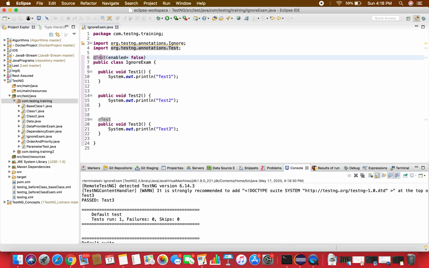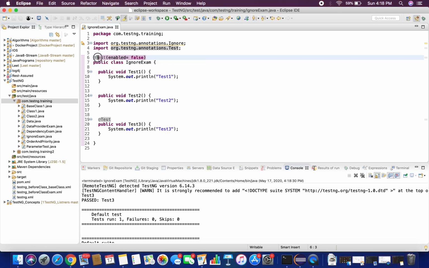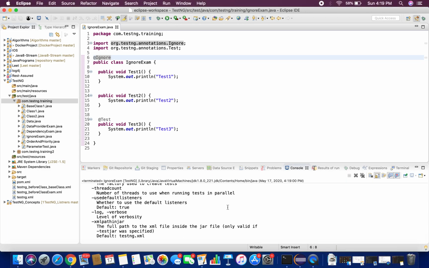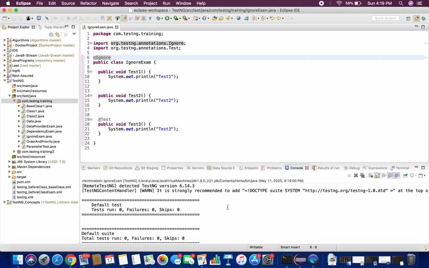If you put ignore at the class level, everything will be ignored. Let's see that. You see, if you are using ignore, the class level has a high priority, and now all the test cases are ignored. And there is one more difference between enabled and ignore.